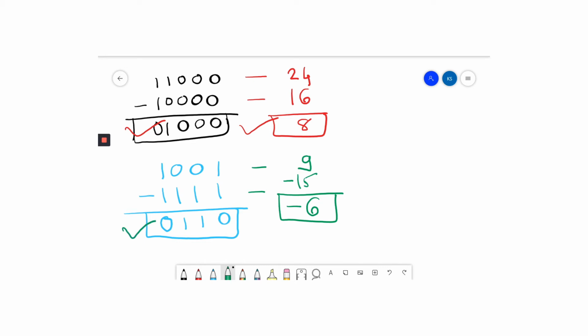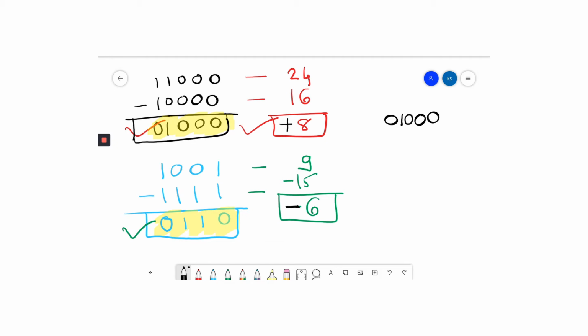Now how to represent these values, right? So we got the two answers, right? This is my one answer and this is my second answer. But the difference is, here I have plus 8 and here I have minus 6, right? So how to write it? For 8, my binary number, because here we have total 5 bits, we will write 01000. This is my binary number for 8.